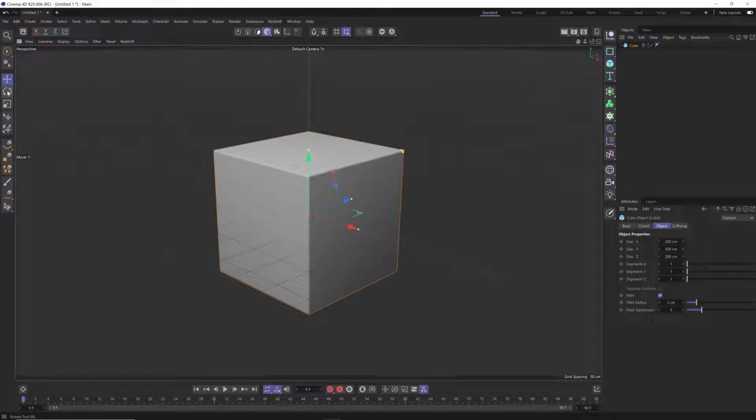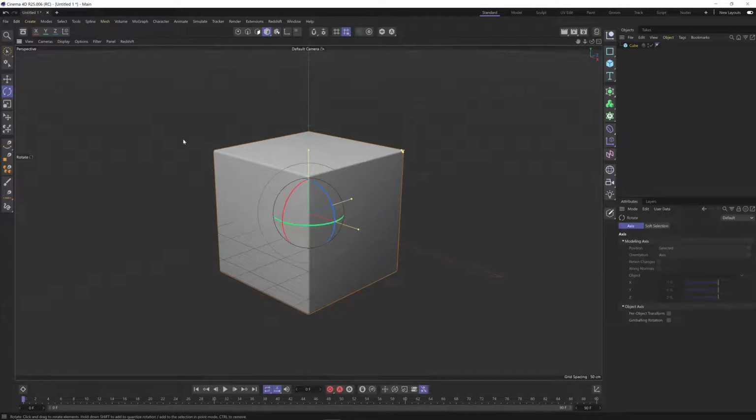If I go to the button down, you can see this is the rotate tool, and in parentheses or in those brackets is the shortcut key for that tool. So move tool is E, rotate tool is R, and scale is T. So again, if I want to commit these to memory, if I want to bring up the rotate tool, remember that's R, I'm going to hit the R key, and you'll see that we'll go from those axis arrows to